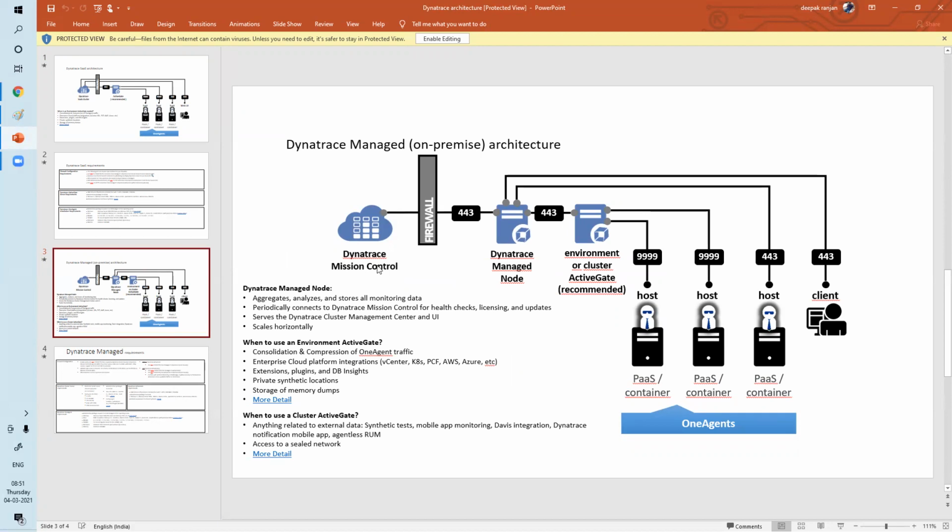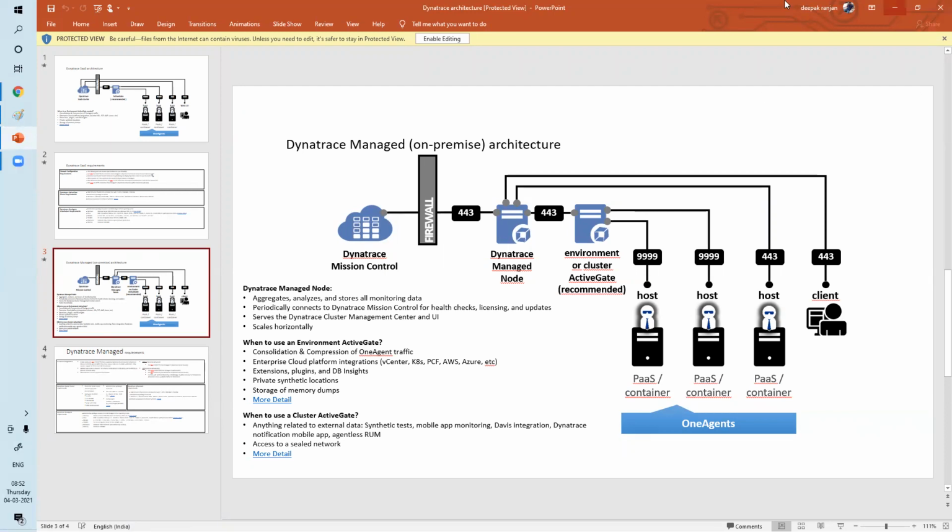Now there is one way, so we have connected. The second way, we are connecting with the cluster node, the Managed node, through port 999 via the Environment ActiveGate or Cluster ActiveGate. Then it is going to the Managed node.